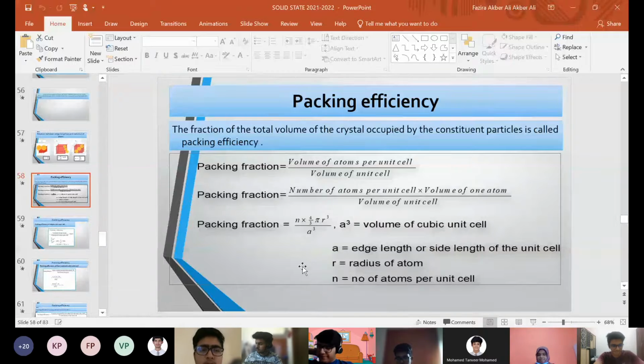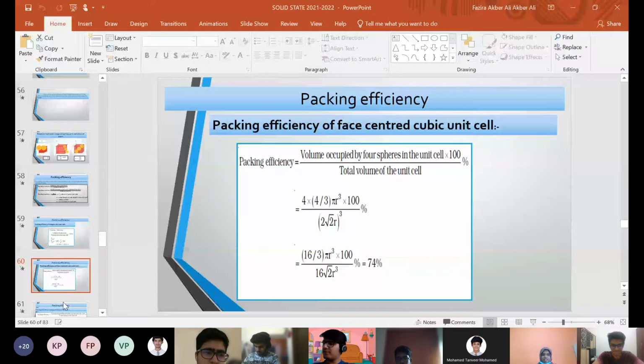We did packing efficiency of body-centered cubic. You need the formula also. Which all packing efficiency for which all type of crystals we did? We did packing efficiency for body-centered cubic, a simple cubic unit cell, and a face-centered cubic unit cell. Okay. The formula for